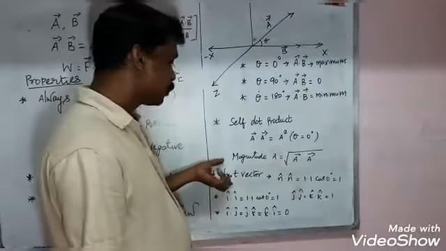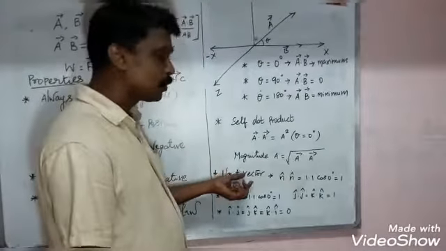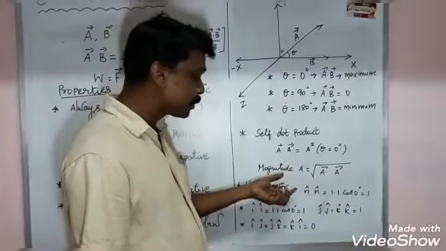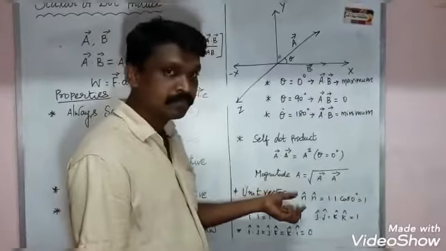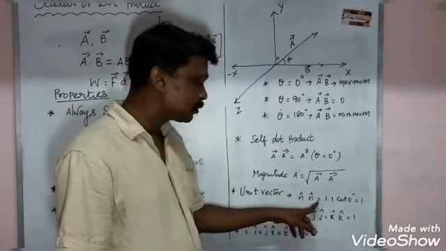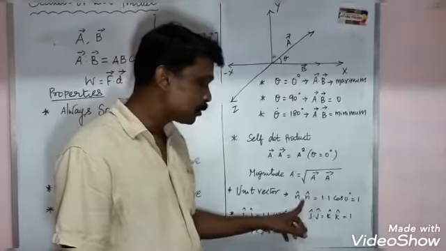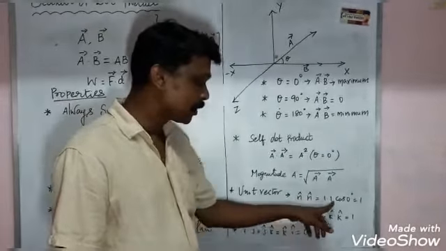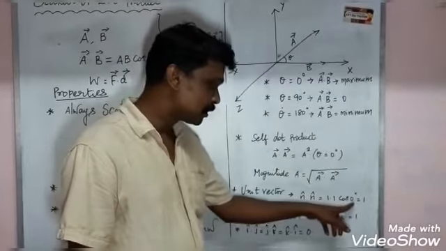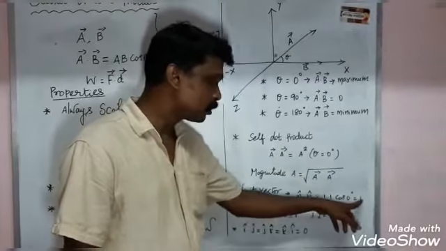The next, we will go for the unit vectors. You have already studied this in mathematics. A unit vector always has magnitude 1. So n cap dot n cap is equal to, what is the unit vector magnitude? 1, and this unit vector, 1. So what is the angle between the two unit vectors? That is 0 degree. Therefore cos 0 is equal to 1.